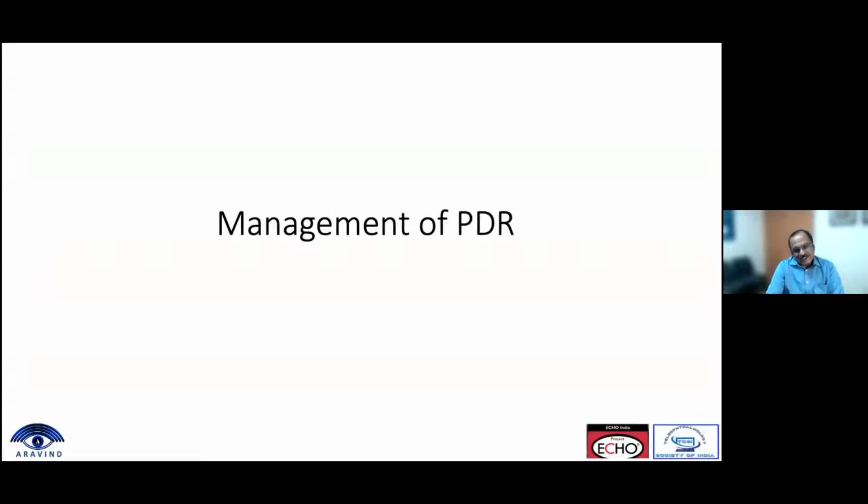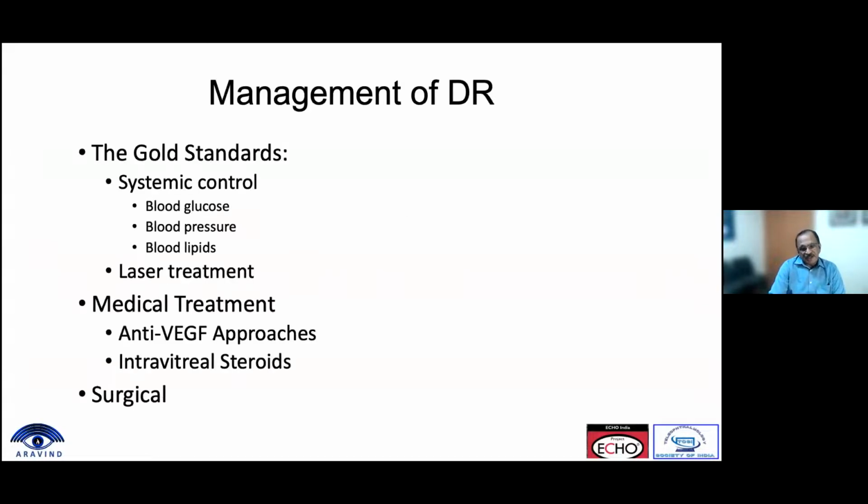More important to understand is the management of proliferative diabetic retinopathy. The gold standard is the systemic control, keeping a metabolic control of the blood glucose, blood pressure, and blood lipids, which we have been hearing very often. These are the 3 important factors which at any stage of diabetes or diabetic retinopathy are important to be kept under control for other treatment to be more effective. Whether you're doing laser treatment, medical treatment, or surgical treatment, it is very important that the systemic control is maintained throughout the treatment period